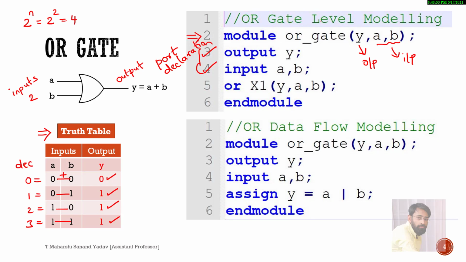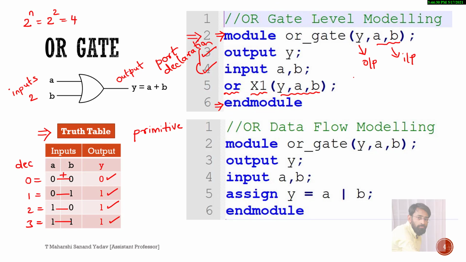Okay, as we are using gate level modeling style, so directly I am using primitive gates. Primitive gates are nothing but all these basic gates, universal gates and exclusive gates. So in Verilog library they will be present by default. So that's why simply I am making use of them. So or, some random name. Here x1 is called as instance name, followed by output and input, which is Y comma A comma B. Next, for every module there should be an end module. So this is a simple code of an OR gate using gate level modeling.